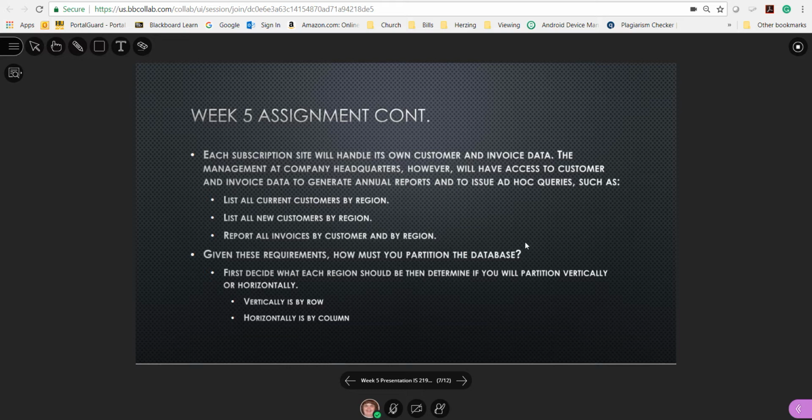So, but you still have to have management have access to everything, because they print invoice data. They also list current customers. They list new customers. They do a report of all invoices. And with these in mind, you're going to first decide what each region should be, then determine how you should partition,